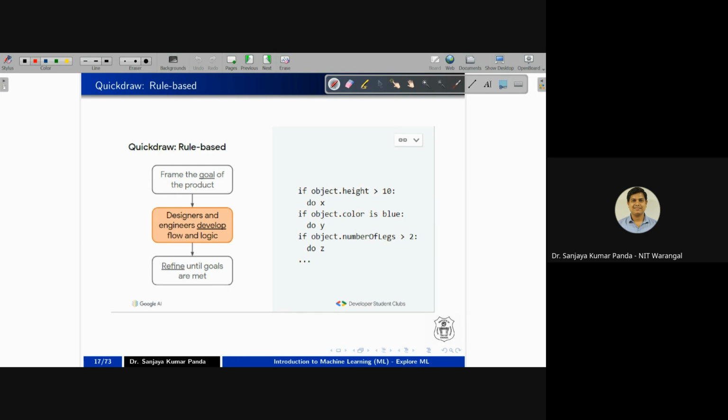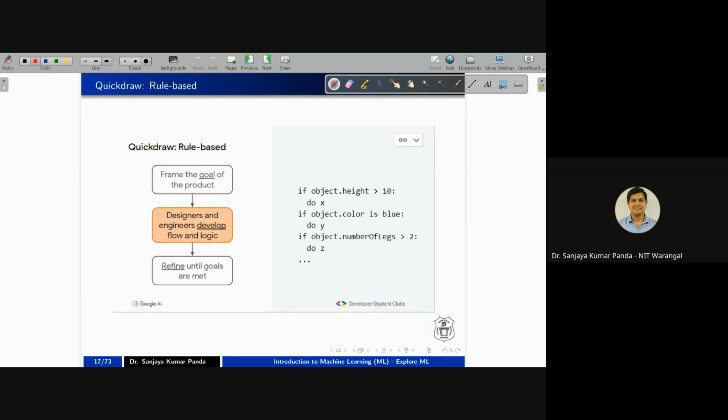Finally, you have to write code, so you have to look into the flow as well as the logic. After that, you have to refine your goal until you meet your expectation. Initially, your model may not perform well, but if you do a couple of iterations, definitely you will see your model is going to work. So first, set your goal. Second, develop the code. Third, refine our goal until our condition is met. For example,